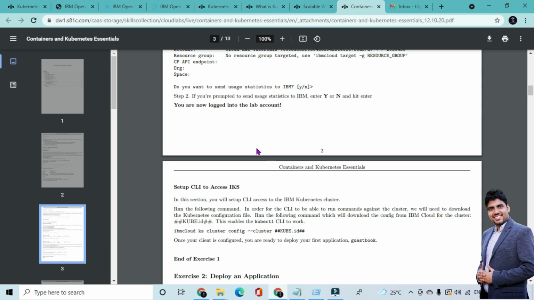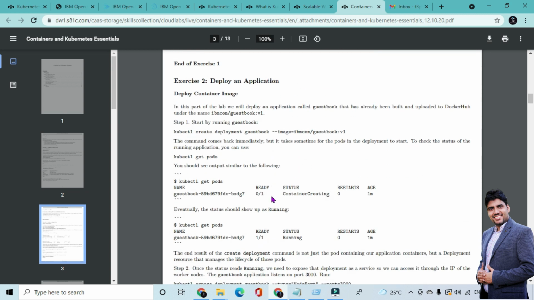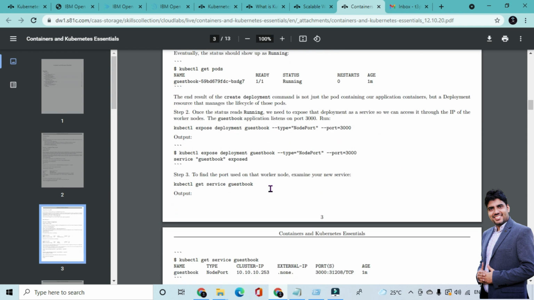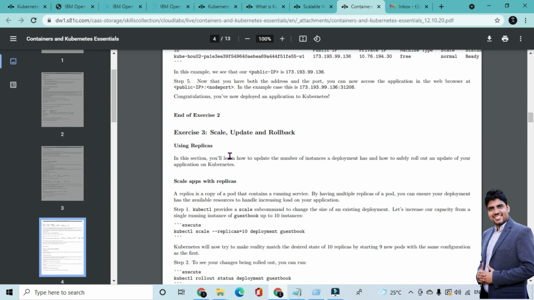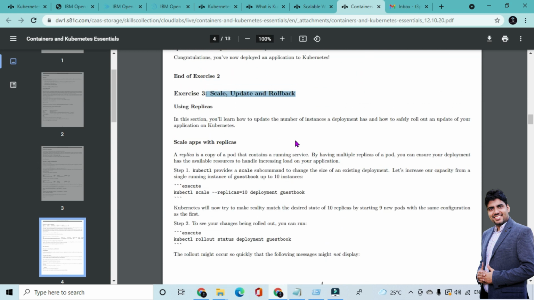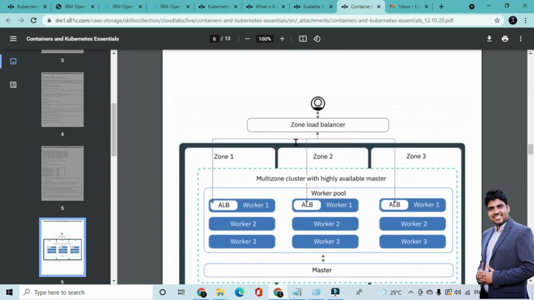You don't need to open this document. On the left hand side, this manual will be there. You just need to click on a command and it will run in your browser. The second exercise is to deploy an application. How you can deploy your application inside the containers, you will learn in this lab. In the third exercise, you will learn how you can scale, update and roll back your cluster. Means how you will play with your containers within Kubernetes, you will learn here. The fourth exercise is about